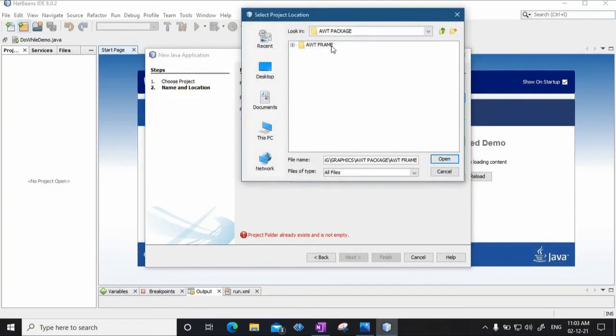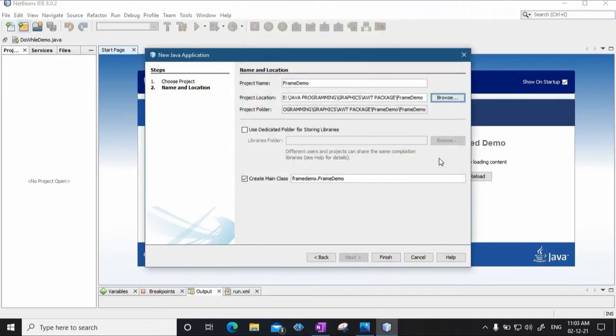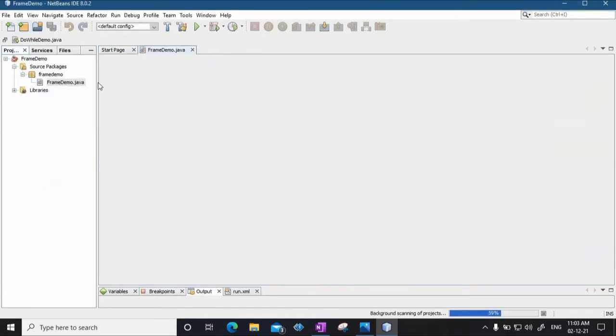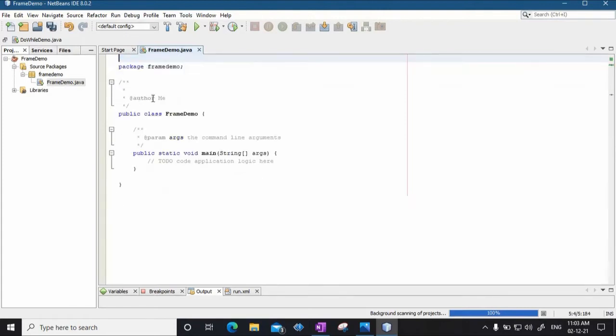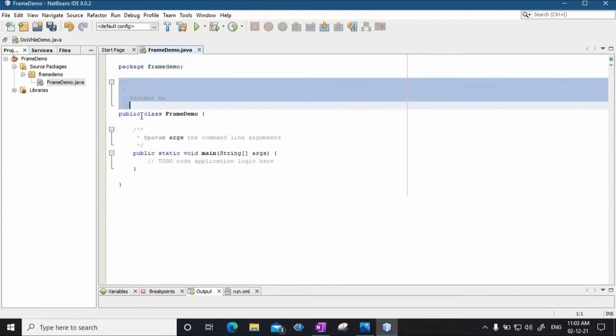Inside the AWT package, I will just create a new folder called frame demo. My project will be saved in this frame demo folder. Fine, and I say finish. So this is that frame demo Java file.